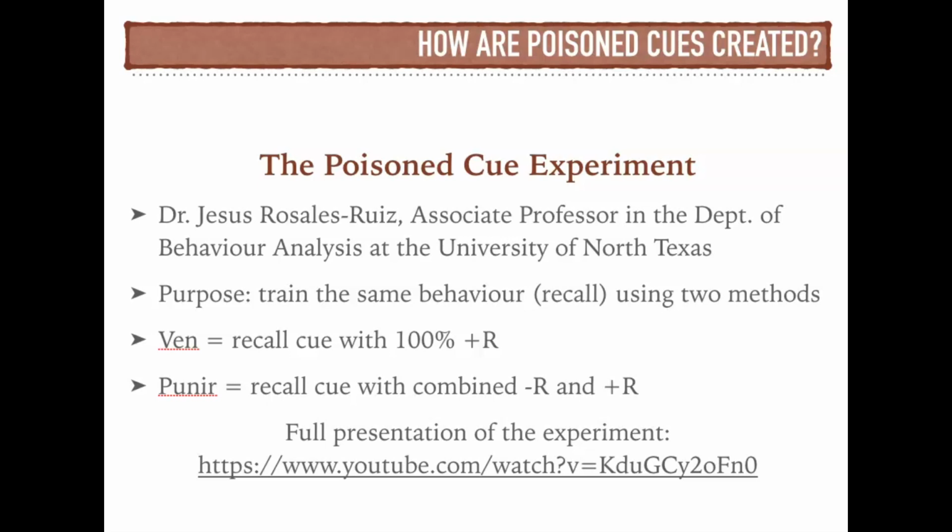The second recall was taught using the word punir, which means punish in French, and that was used with a combination of negative reinforcement and positive reinforcement. It was the same dog, taught both cues, and for the punir condition they put a harness and leash on the dog. This was the same harness and leash that you would wear out for walks and was still very happy to wear in other situations. But in this very specific training room that they used for the experiment, the dog would be put on a collar and leash, and then they would say the word punir and then immediately drag the dog over to them,